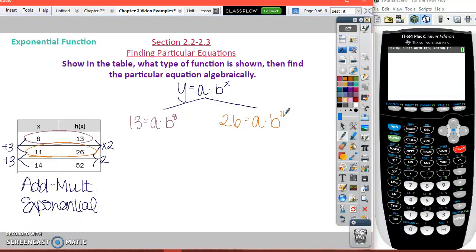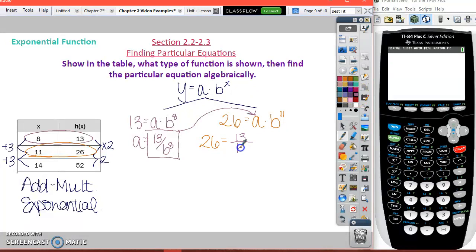From here, I have my 2 equations, and we are going to use substitution to help us find a and b. So I'm going to go ahead and solve this first equation for a since it's easier than trying to find b. And so I'm going to divide both sides by b to the 8th. So I will have 13 over b to the 8th power. Now that I know what a equals, I'm going to substitute it into the other equation for a. So I will have 26 equals